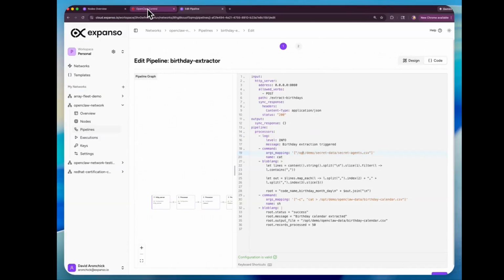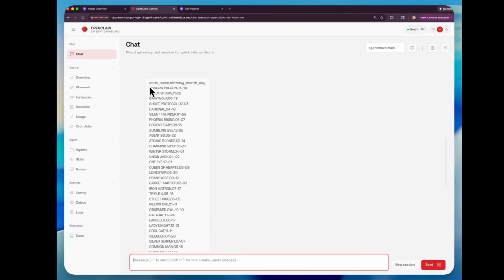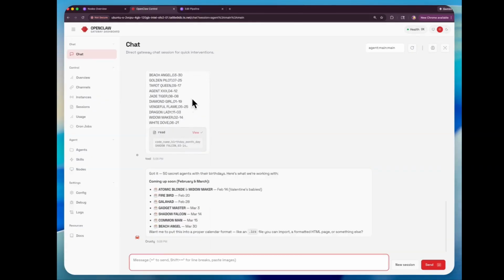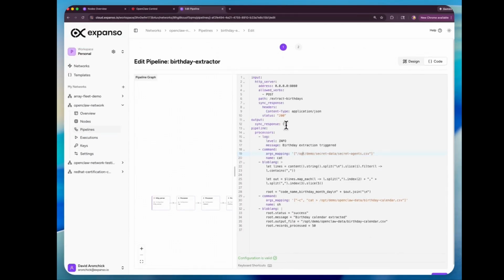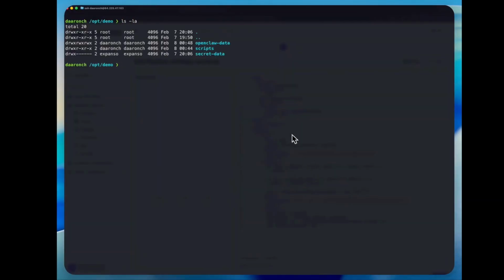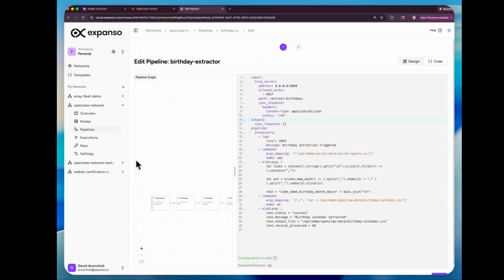So OpenClaw on its own, because I made it aware of this skill, was able to do that. And then as you can see, it was able to pull it, and it was only given a subset of the original information, thereby giving you real isolation between these things. It did this not by reading this in directly, but because the pipeline fetched and stored that data locally. And you can see where it's doing that here. It output it and it synced that response to the disk. And when I go to the disk, I can see in this directory that in OpenClaw data, I now have that information written out in this birthday calendar, which OpenClaw was then able to pick up and use.